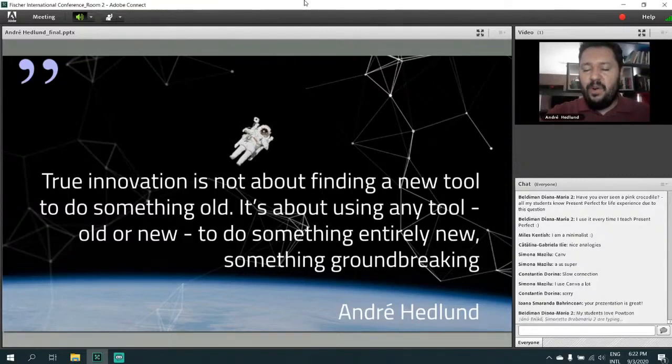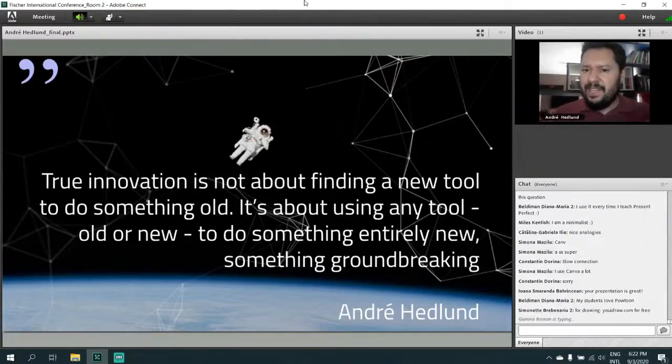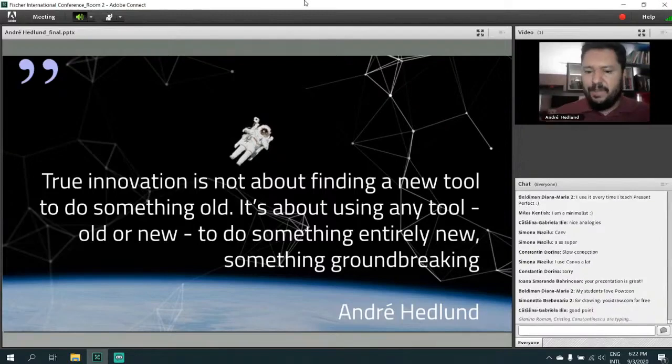Because I think that we're trying to focus too much on the latest technological innovation. But why don't we start using the stuff that we already know how to use in a more brain-friendly way so that we can empower our learners and ourselves as teachers as well?